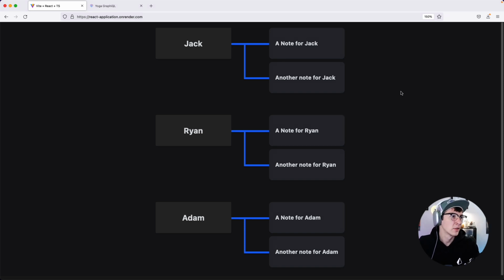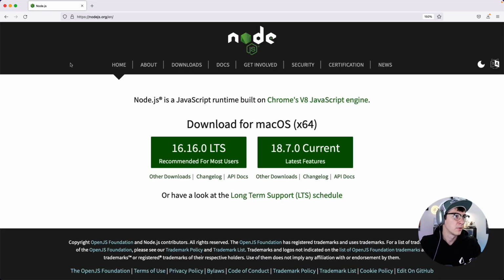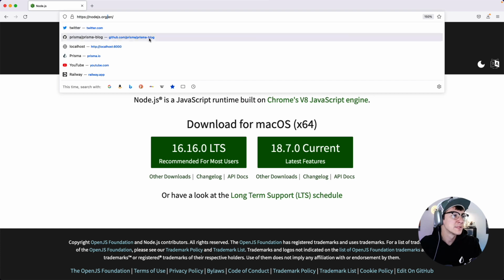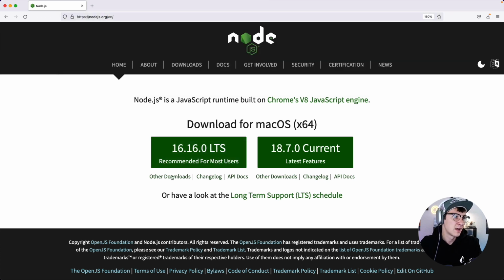Before we do get started, though, we need to look at what we need to actually run our application. So the number one thing that you're going to need when you are working through this series is Node.js installed on your machine. A lot of people have this already, so you might, but if not, go over to the nodejs.org website, and then I would click this long-term support version here, and that'll walk you through a wizard to install Node.js on